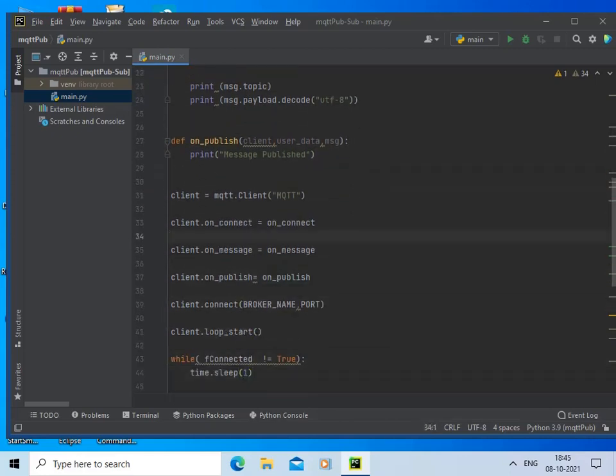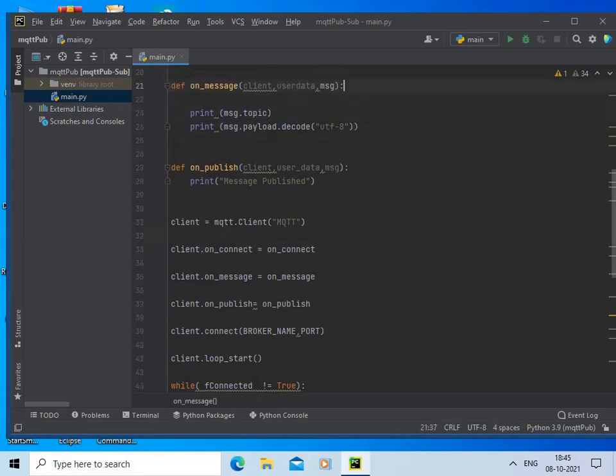Then comes the on message callback. This will be called when the message arrives in the subscribed topic. The arguments passed here are client, user data, and message.